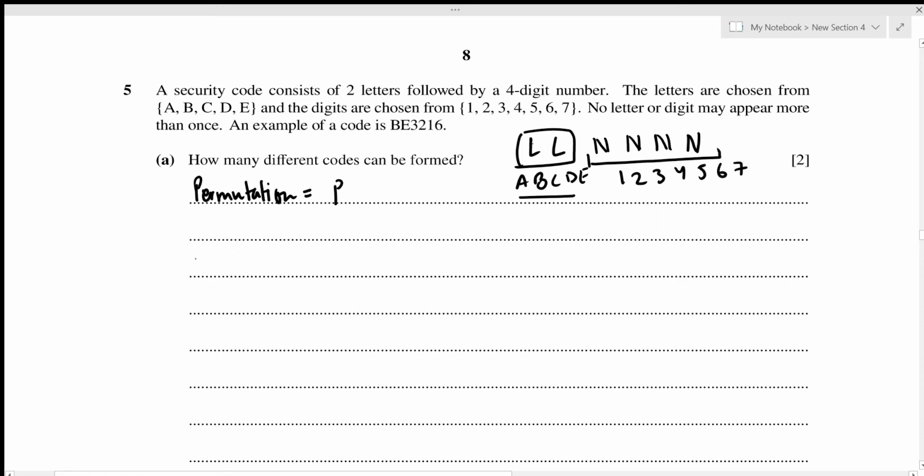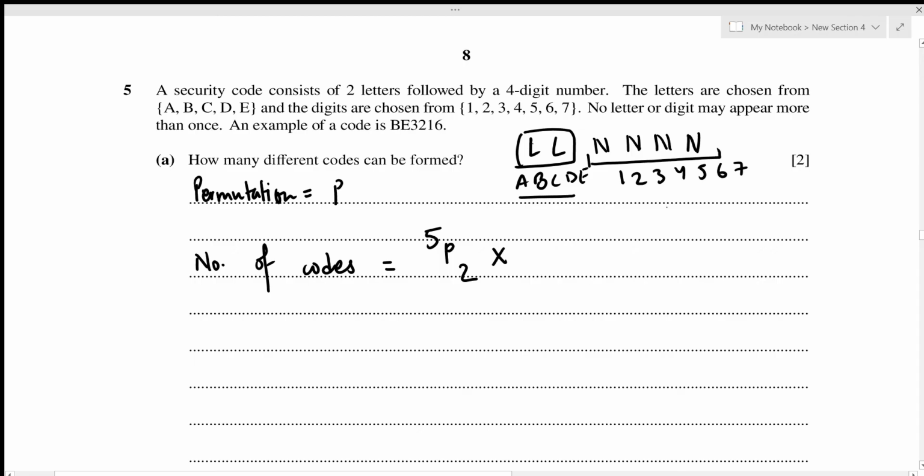So, okay, number of codes is just going to be, out of the 5 letters, we need to choose 2 letters. And we're also considering their positions, which means we're going to use the permutation. That's going to be 5P2 multiplied by, and we're talking about 4 numbers, which we are to choose from the total